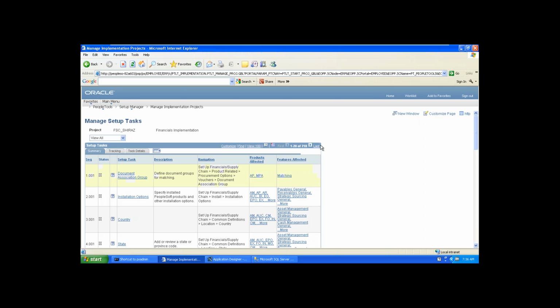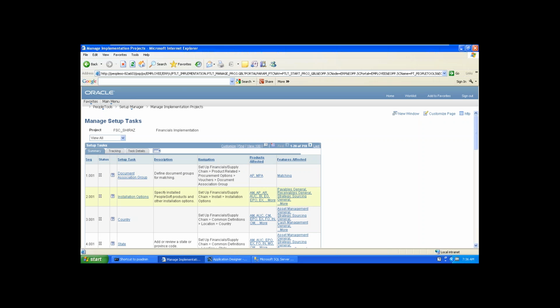This setup task list is for all the modules, right? Whatever we have selected. You can go this way, or you can go one module by another module. Nothing is easier. We have to go through all the setups, whether you select one module or multiple modules.